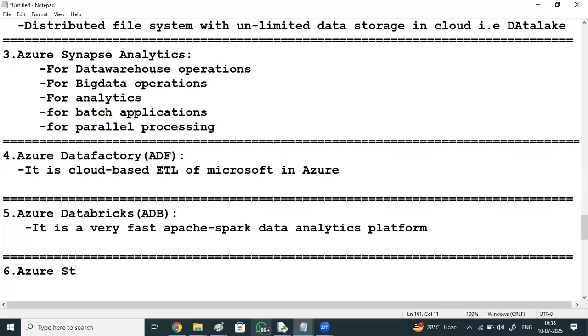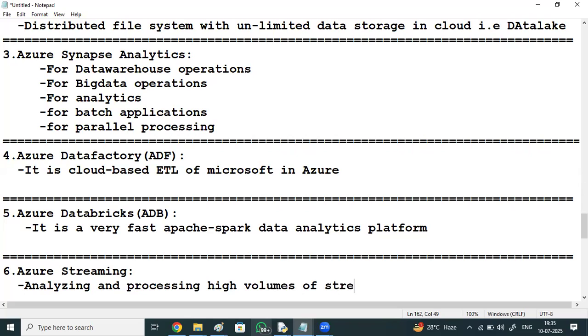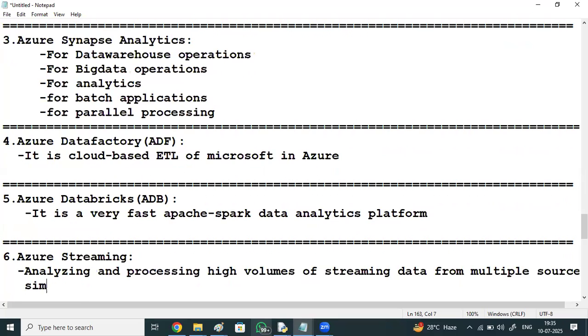Azure Streaming: analyzing and processing high volumes of streaming data from multiple sources simultaneously.